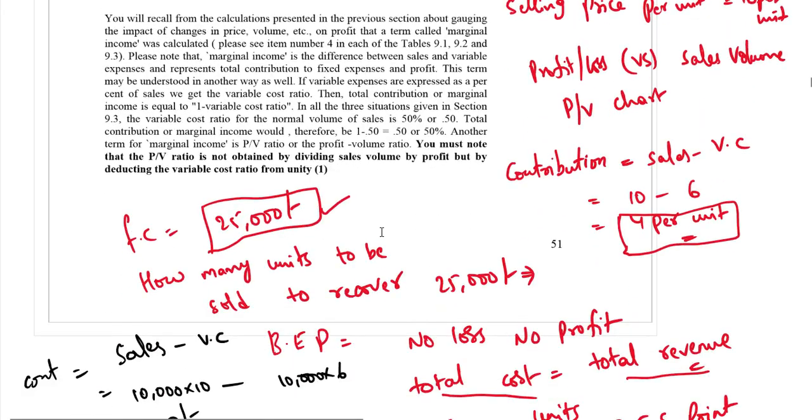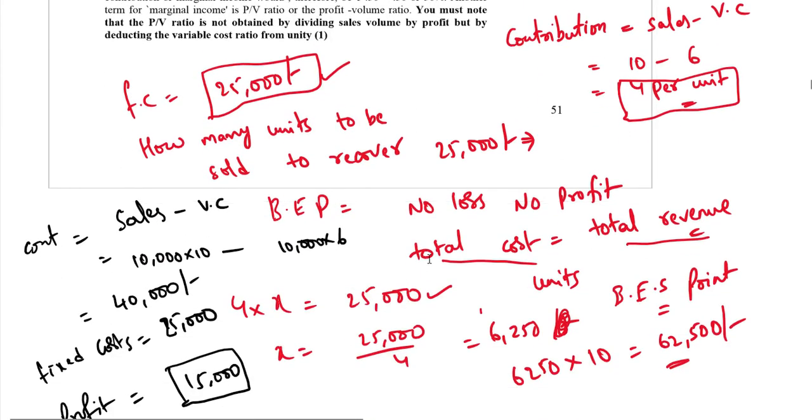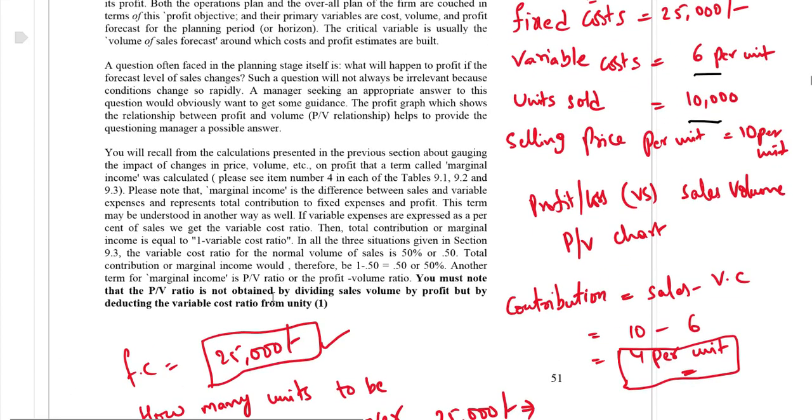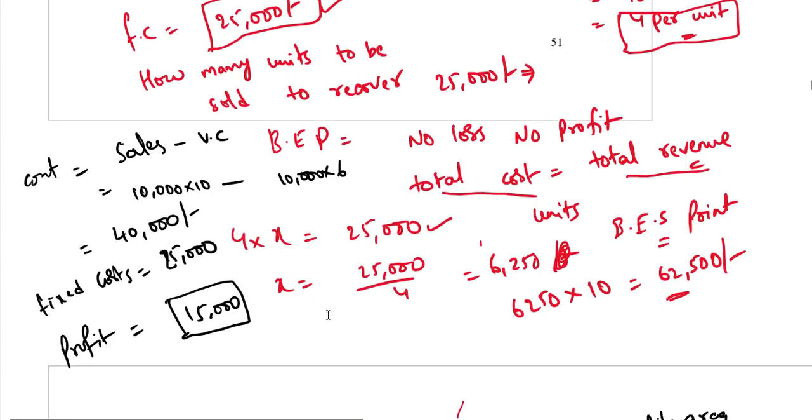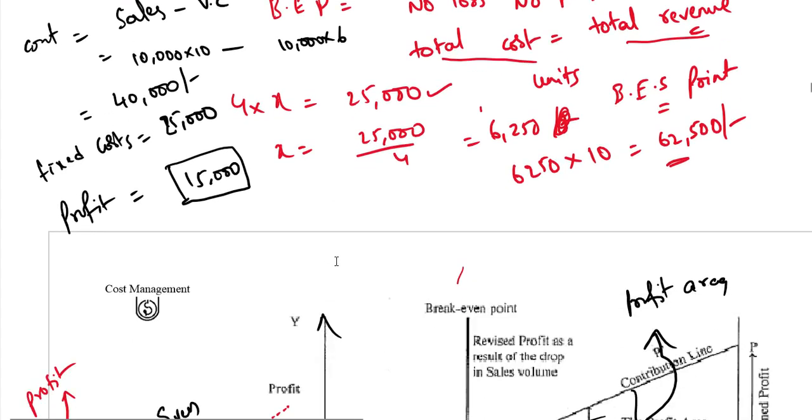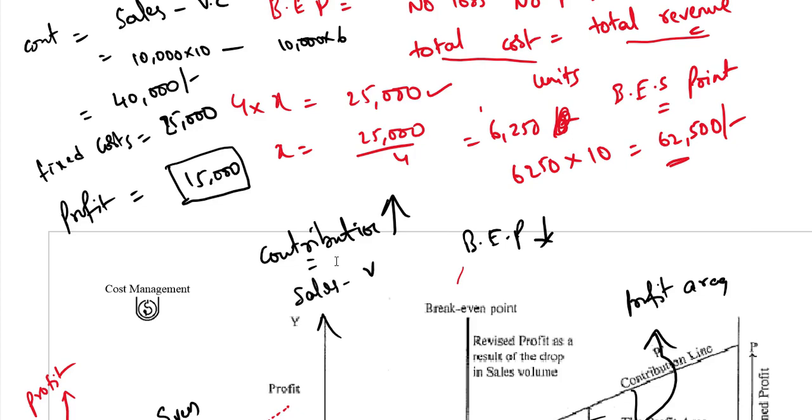Now, one point we have to remember, you have to observe in this profit volume analysis is that as the contribution increases, the break even will be reducing. Okay, this is a very important point. As the contribution increases, the break even point reduces, means the company is going to achieve a quick break even point if the contribution is increasing. What is contribution? Contribution is nothing but sales minus variable cost. If this is high, then break even point will be less, because break even point is equal to fixed cost divided by contribution. So if the denominator is increasing, the overall result will be decreasing.